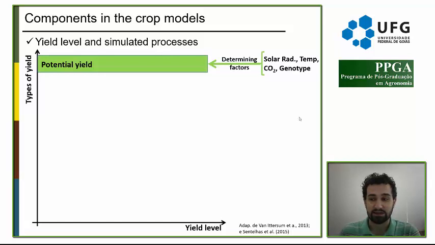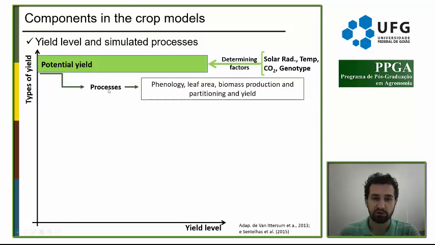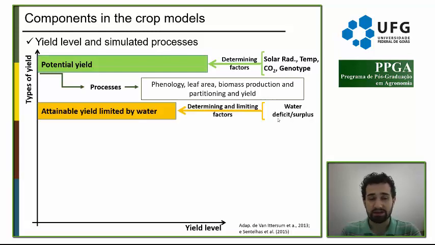At this level, generally the model simulates these processes: phenology, leaf area, biomass production, and the partitioning and yield. These are the main processes that the model simulates to get the potential yield. Sometimes we need to measure these parameters for this potential condition to understand how our crop is being affected by these different conditions. The next level is attainable yield limited by water, where the determining factors